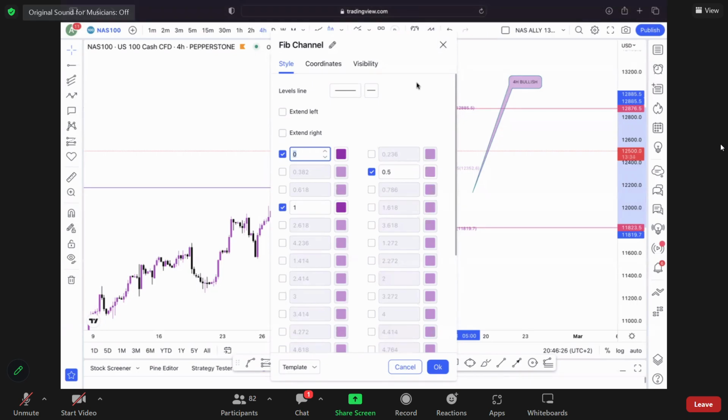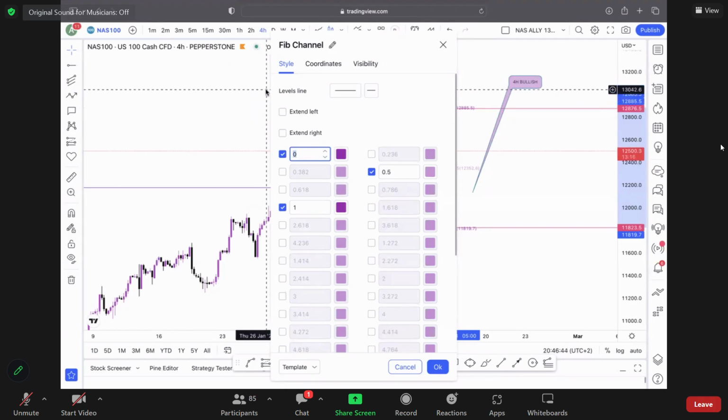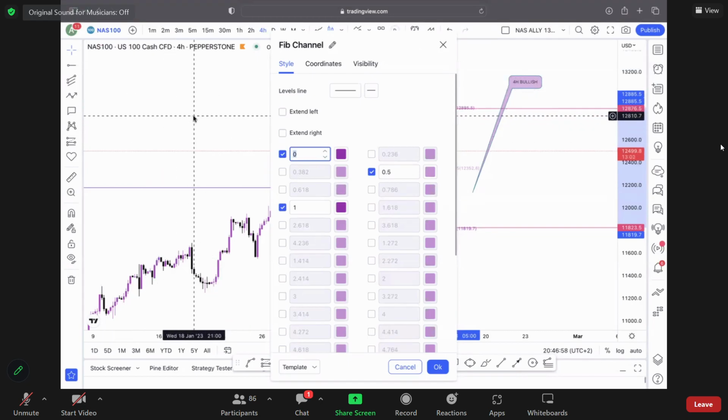Sorry, Ali. Yes. Do you know how we can find that tool on MetaTrader? To be honest, I really don't. I highly suggest that you try and transition into doing your analysis on TradingView. And the reason being, and that goes for everybody, guys, I know MetaTrader is awesome to have when you're opening your trades and being able to close them and stuff like that. But in terms of your analysis, using TradingView is just going to be next level game changer. It makes it so easy with the tools that we can use. It makes it so much easier to analyze. So yeah, I highly recommend everybody being on TradingView.